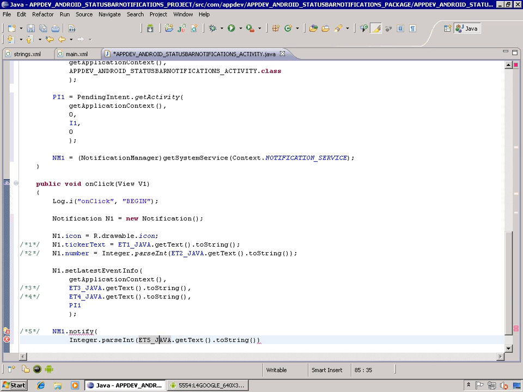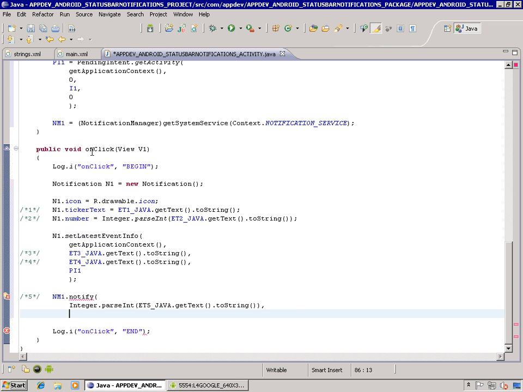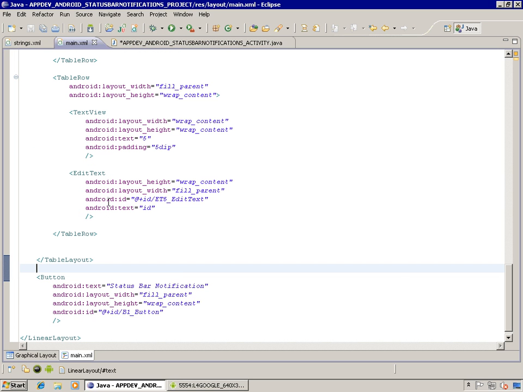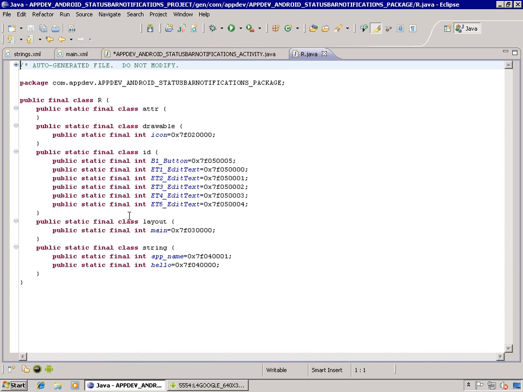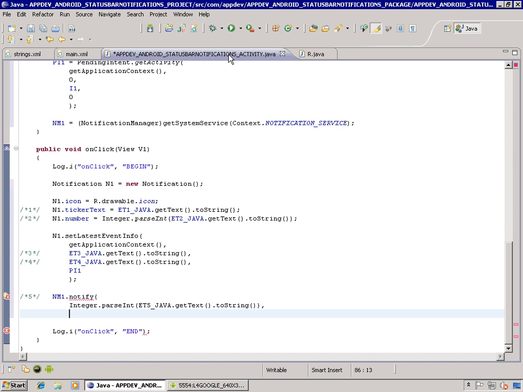From the number 5 edit text. So this is going to give an ID, just like the markup language side has IDs for all things. So button, for example, is an ID, B1 button, and we know that the r.java file here basically takes that button and gives it a number so that we can reference it internally like a pointer. Well, the same also is true here, so we need a number to reference that value. So